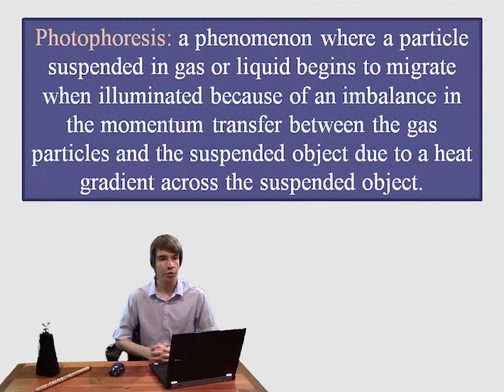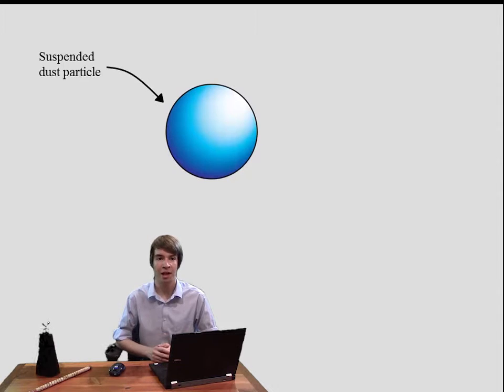To start, photophoresis is a phenomenon where a particle suspended in a gas or liquid begins to migrate when illuminated, because of an imbalance in the momentum transfer between the gas particles and the suspended object due to a heat gradient across the suspended object. To get a grasp of what this means, let's consider a spherical dust grain suspended in a gas with infinite